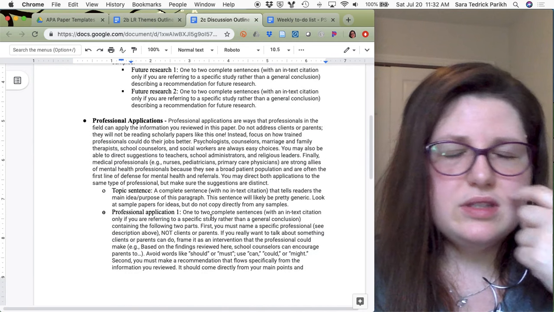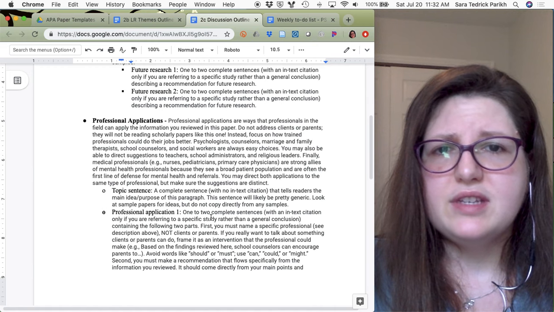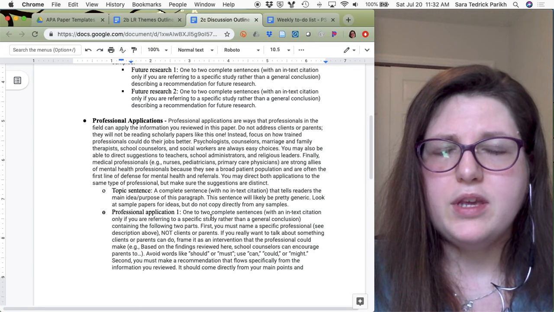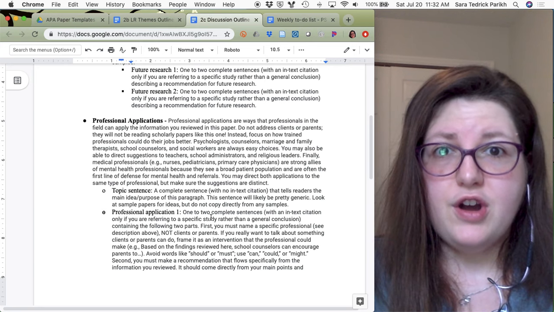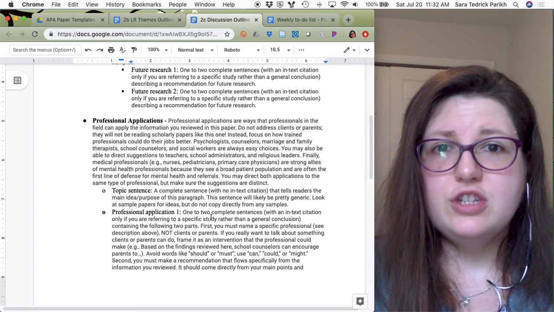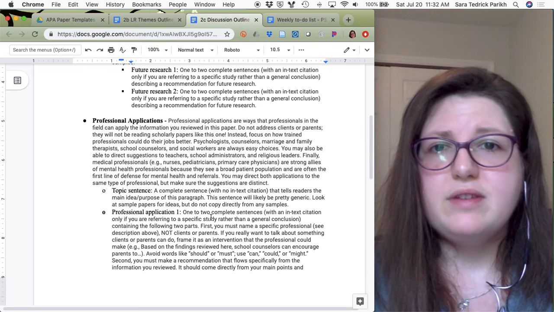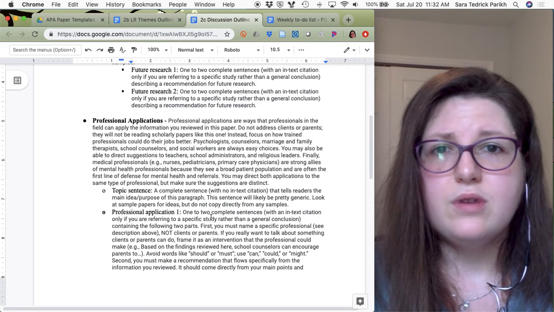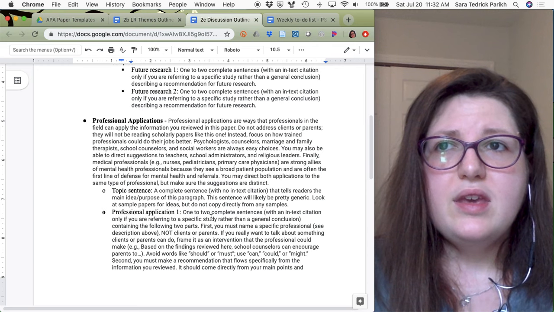Professional applications. This section is often one of the most difficult of the discussion for students to really get what you're supposed to do. So I want to talk a little bit about what journals are. Journals are publications. They're not magazines. They are very expensive. Usually you have to have a membership to an organization or have an affiliation with a library to get them.